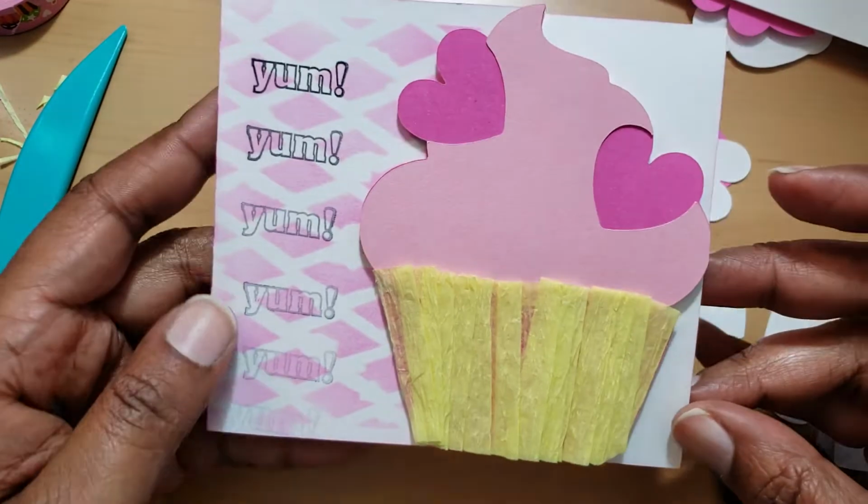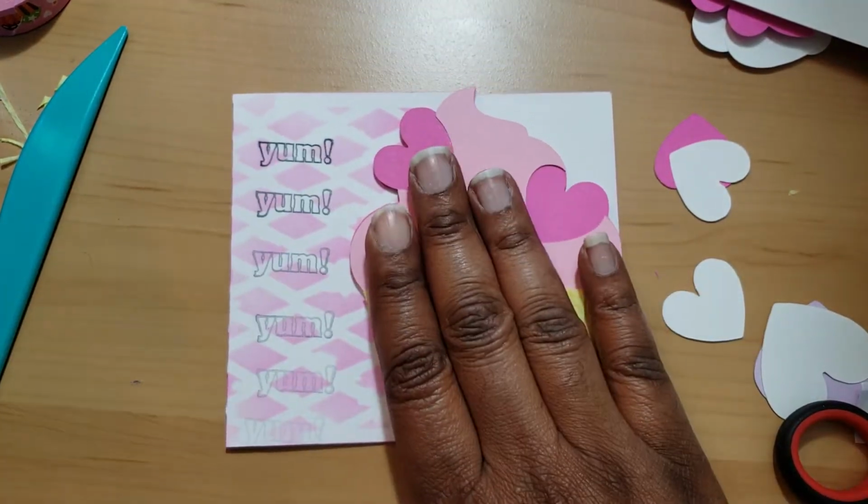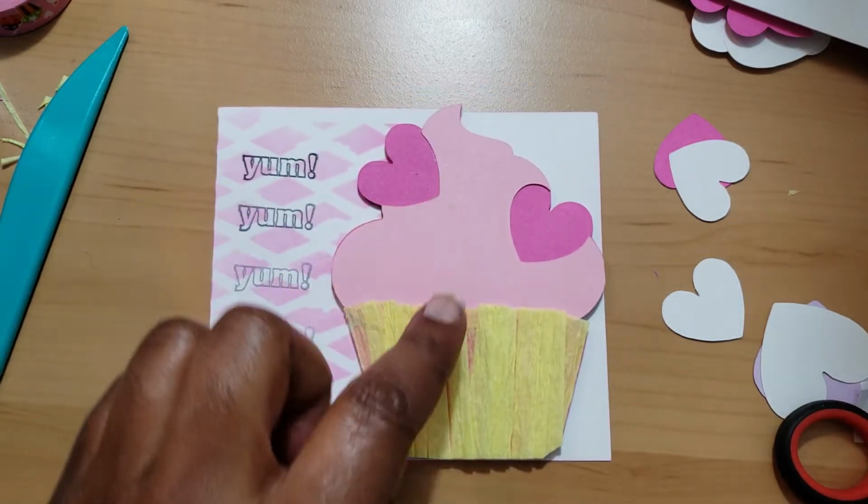See, this looks so much better, don't it? I think it looks a lot better than the other one. And I'm going to even take a walk on the wild side, and I'm going to pop up these